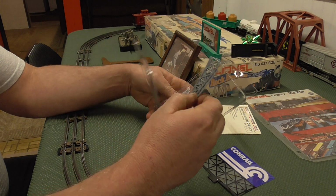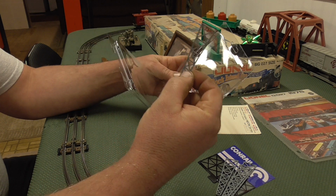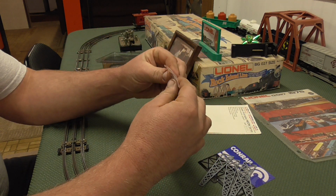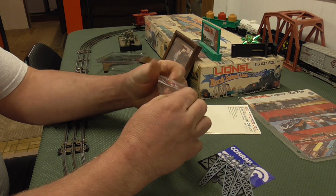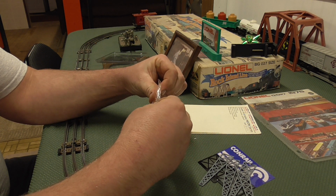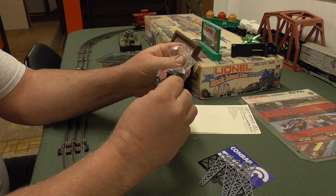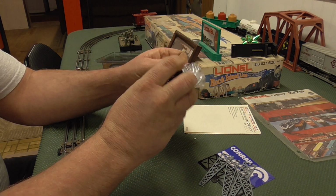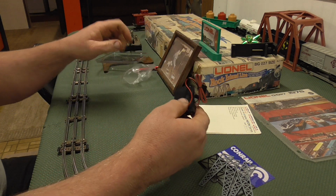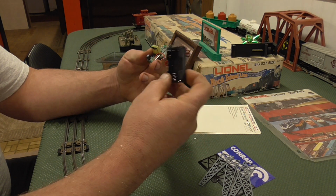Then you get your supports for the back of the sign. And then you get your battery pack. So we'll open up the battery pack here so I can show you. I hate opening up bags. At any rate, so in this kit you get your battery pack for your 3 AA batteries, and you get a